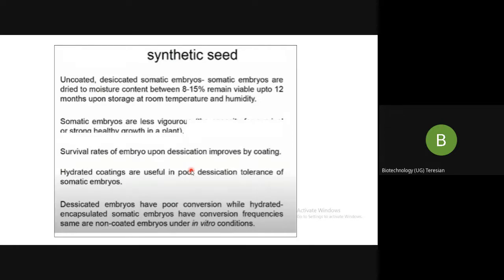So now depending on the species, you have to choose whether the embryos you have chosen can tolerate hydration, dehydration, encapsulation, or non-encapsulation. It is your choice based on the species. So you need to make sure whether, with the encapsulation, there will be a balance with the vigor. What do we mean by vigor? Vigor. I'll just write it here.